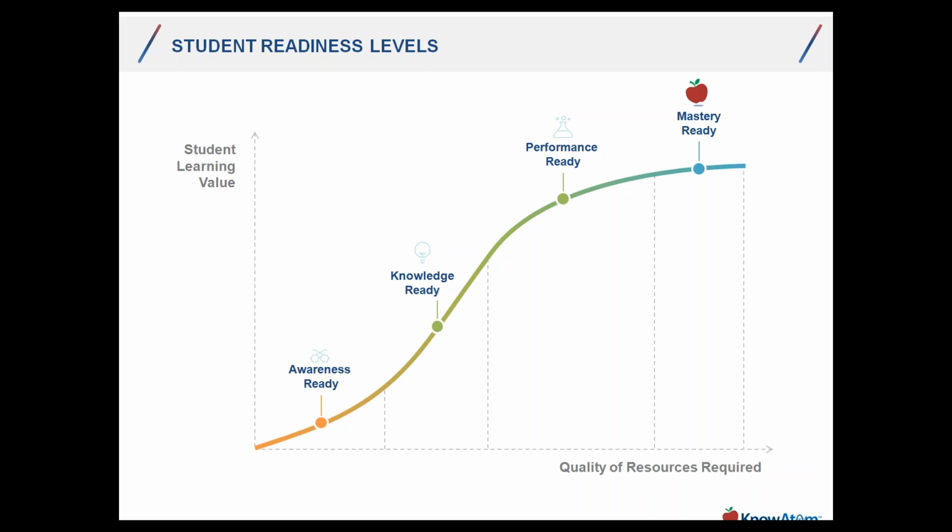So if a contractor is building a kitchen and they need a durable countertop and there are different building materials to choose from, then a student who's at a mastery level, mastery ready, would look at that problem and be able to take it apart and say, okay, well, what is durability to start with? Does it have to do with fracturing? Does it have to do with scratching? Does it have to do with melting or freezing? Thinking about durability, then it's, well, how do I gather data to understand which material is most durable, then gather that data, then reflect back on which material is actually most durable by the definition and by the